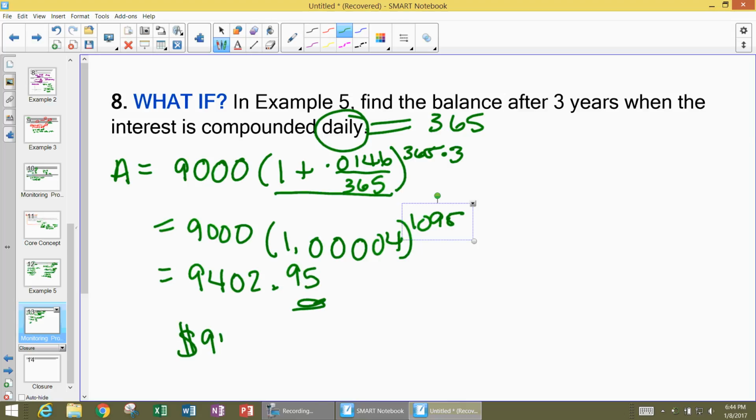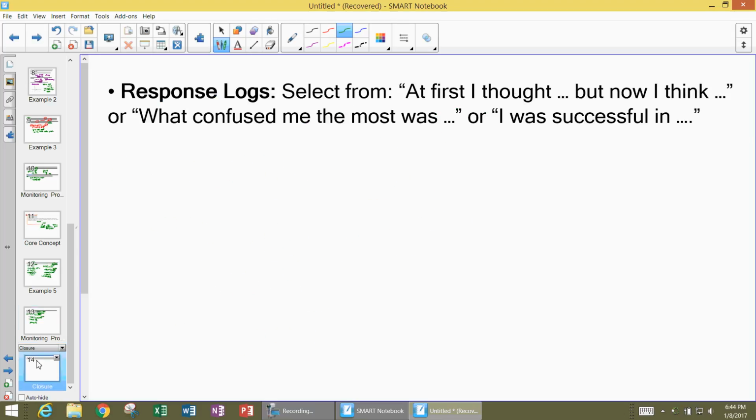So $9,402.95. And this is why credit cards will charge you daily interest, because they can charge you more money that way. All right, in our last slide, we have a response log for you to write in your notes here,